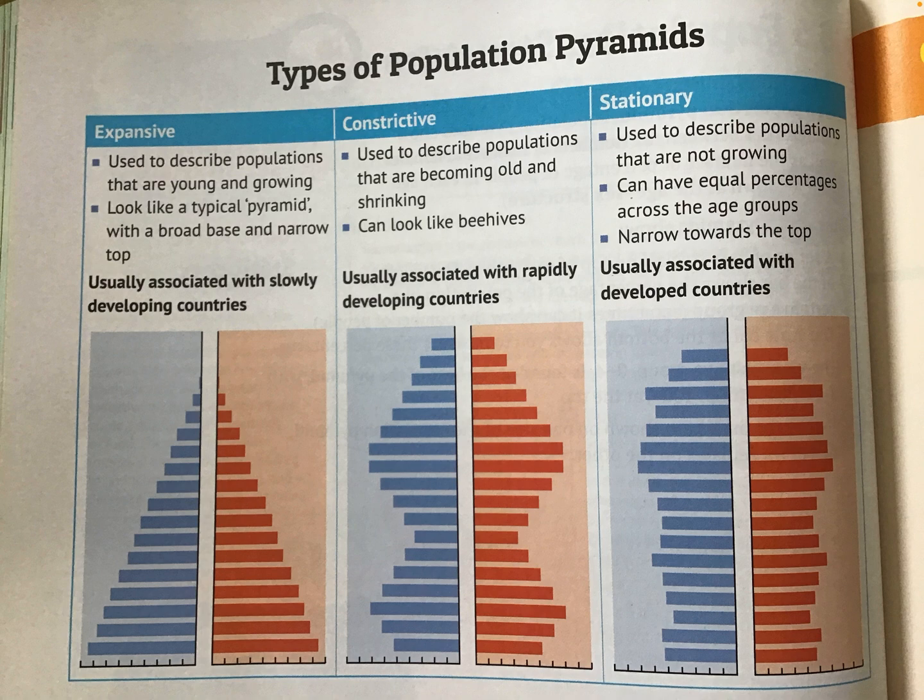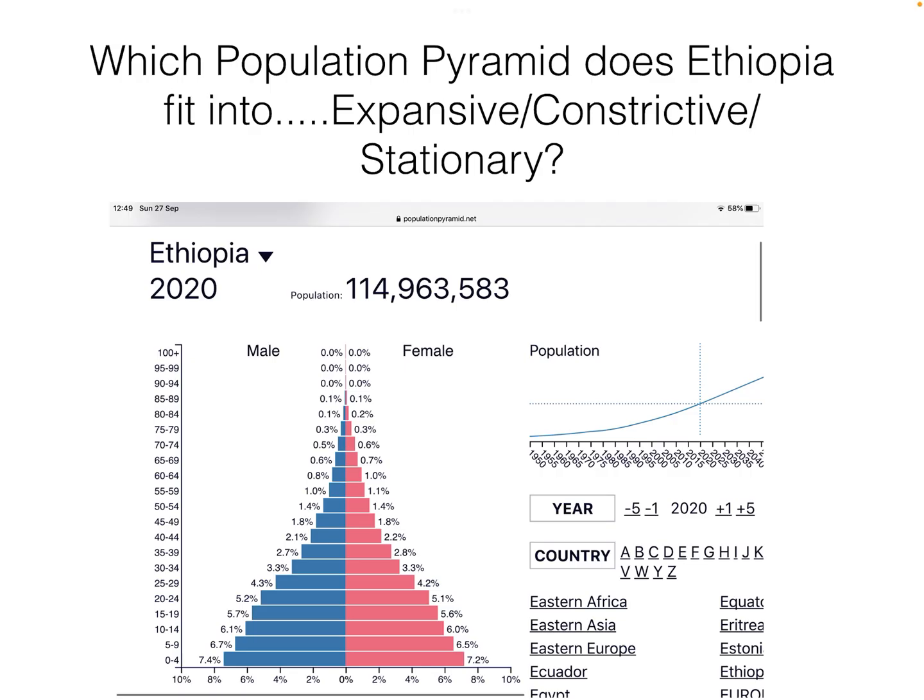It's kind of looking like a concertina. It's like a beehive, kind of going in and out. So expansive, they're a very young population, very wide at the bottom, narrow at the top. Stationary, then it's just kind of plateaued out. It's kind of average across all age groups. Okay, so Ethiopia would fit into clearly the expansive